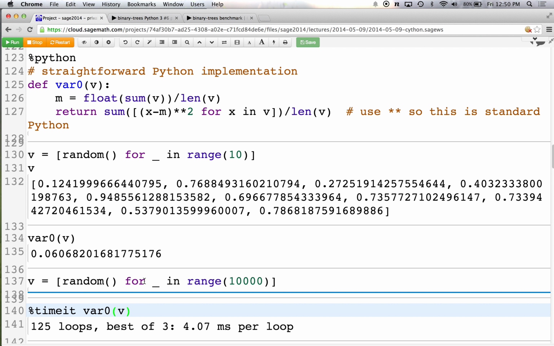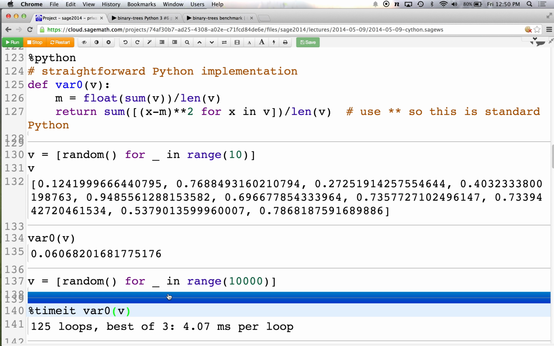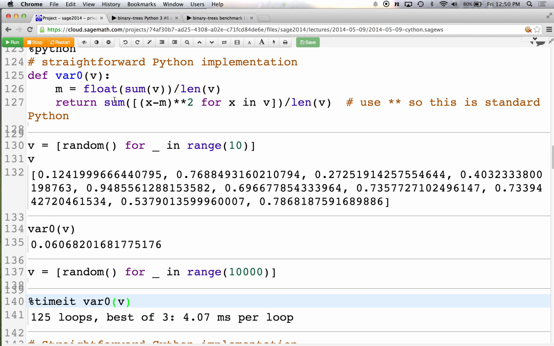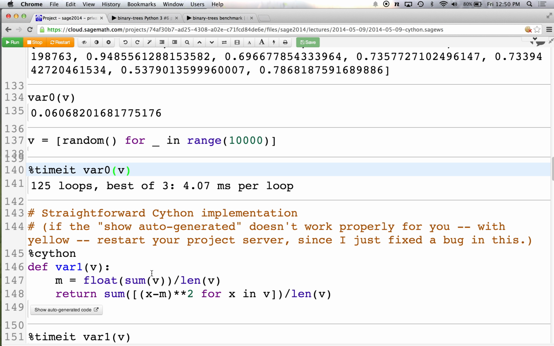And on Monday, I'll show you how, if you want to make a Cython program that's completely separate, has nothing to do with Sage a priori, it's just something you could import into any existing Python code, I'll show you how to do that as well, which is well supported. But for a first pass, it's really good to just play around with the notebook. Okay, so now let's rewrite the above program in Cython.